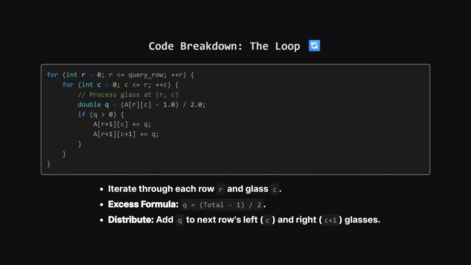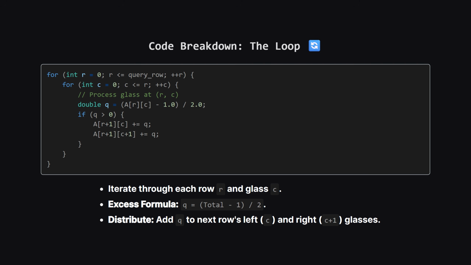Next, we enter our loops. We only need to process up to our target row, so the outer loop runs from 0 to query row. The inner loop goes through each glass in the current row. For every glass, we calculate the excess, which we call Q. We take the total amount currently in the glass, subtract the 1 cup it keeps, and divide the remainder by